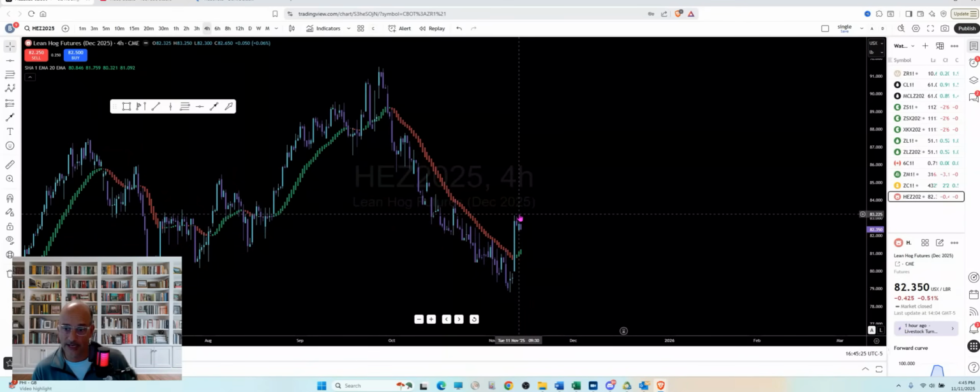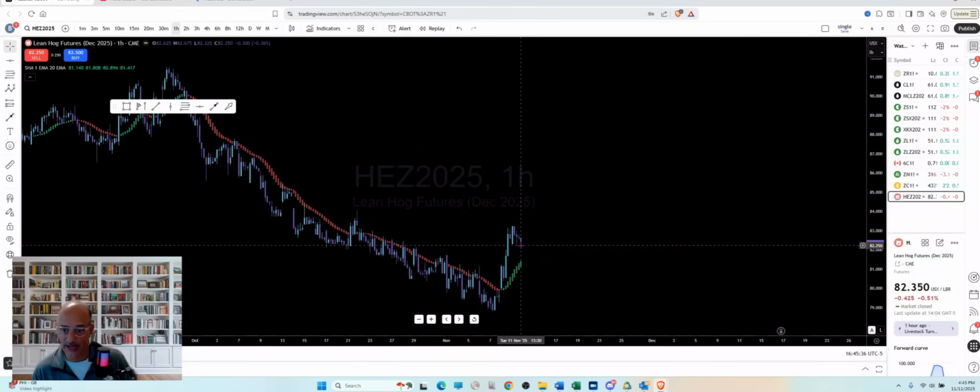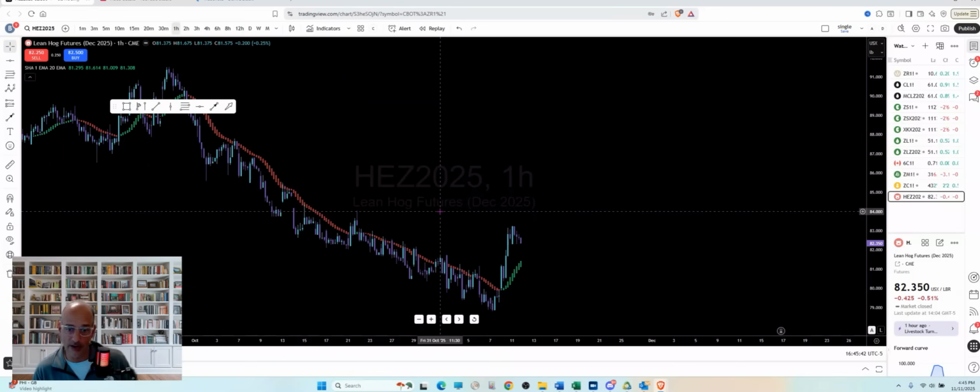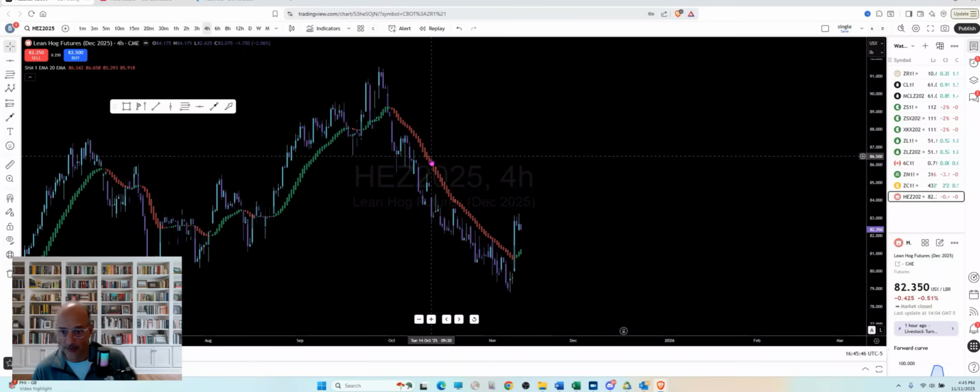And then today it tried to go higher. It really didn't make any progress. I did take a long on this, which I closed for a loss because I just didn't like the way it was looking. So I'm out of that now, probably because I need to let this pull back a little bit more. I do still think that we will move higher,